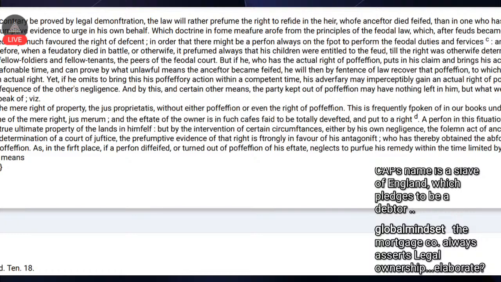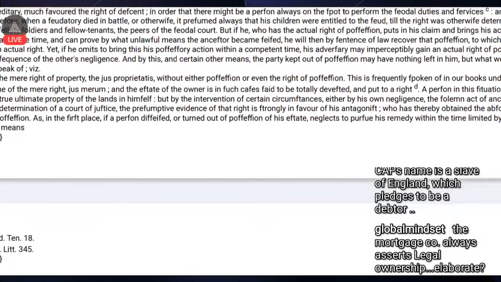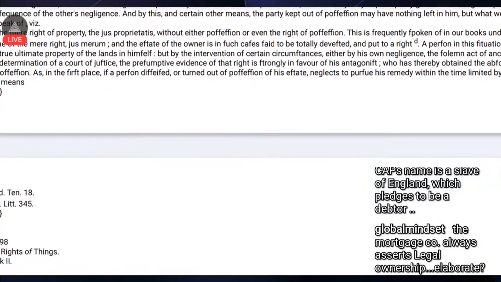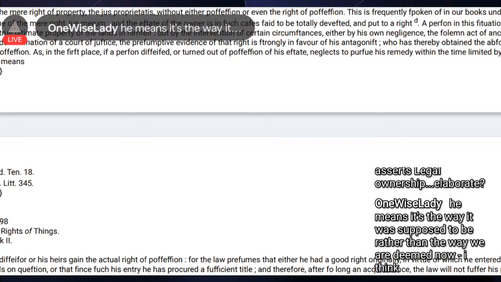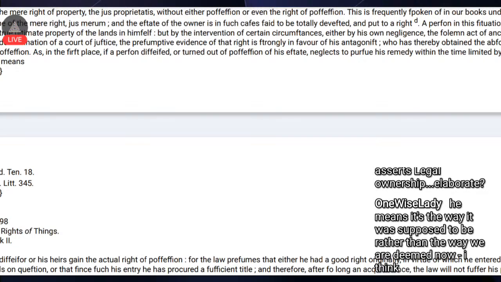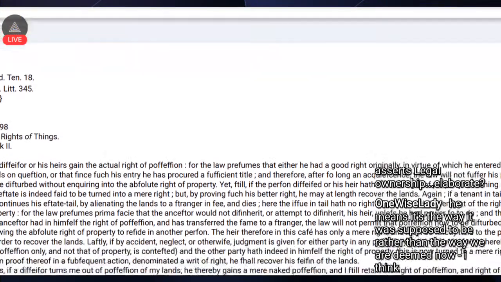A person in this situation may have the true ultimate property of the lands in himself, but by the intervention of certain circumstances, either by his own negligence, the solemn act of an ancestor, or the determination of a court of justice, the presumptive evidence of that right is strongly in favor of his antagonist, who has thereby obtained the absolute right of possession. As in the first place, if a person deceased or turned out of possession of his estate neglects to pursue his remedy within the time limited by law, by this means the deceasor or his heirs gain the